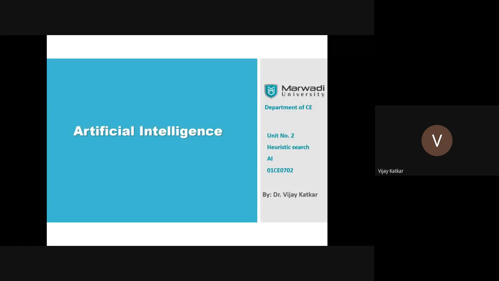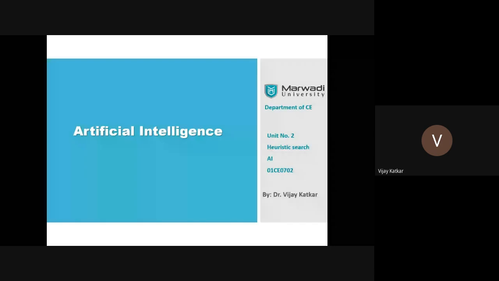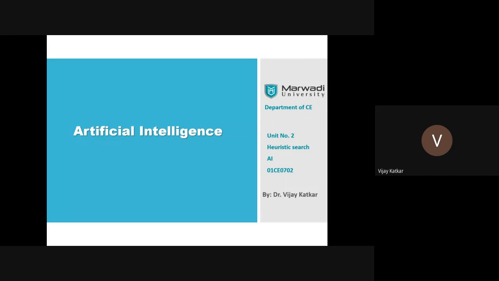Heuristic search means, how intelligently you can search for what move should be done, what thing should be done. Because let's say there are 100 different moves that the computer can do, but which one should be done and how it should be selected? That should be done in a heuristic way, using some intelligent way. So that is heuristic search. That is our unit number 2.